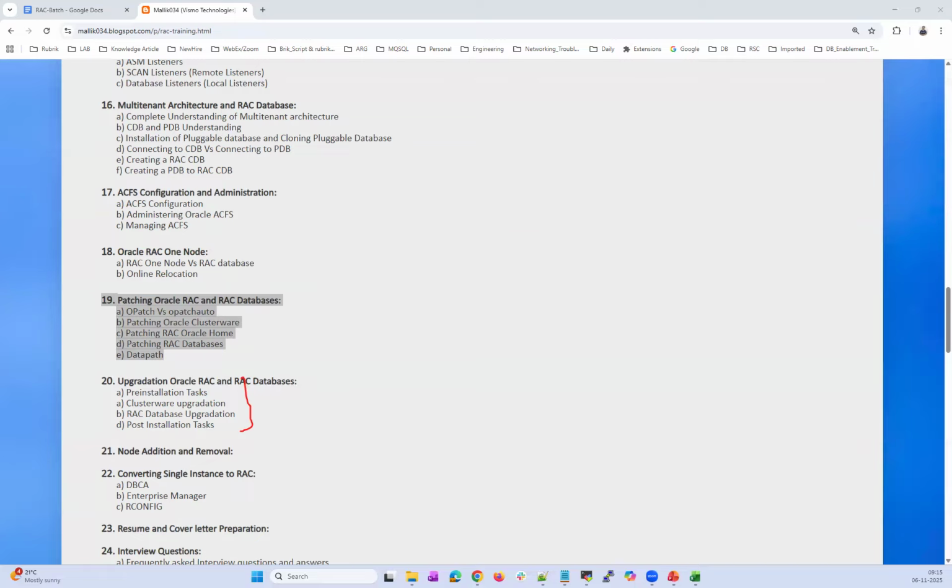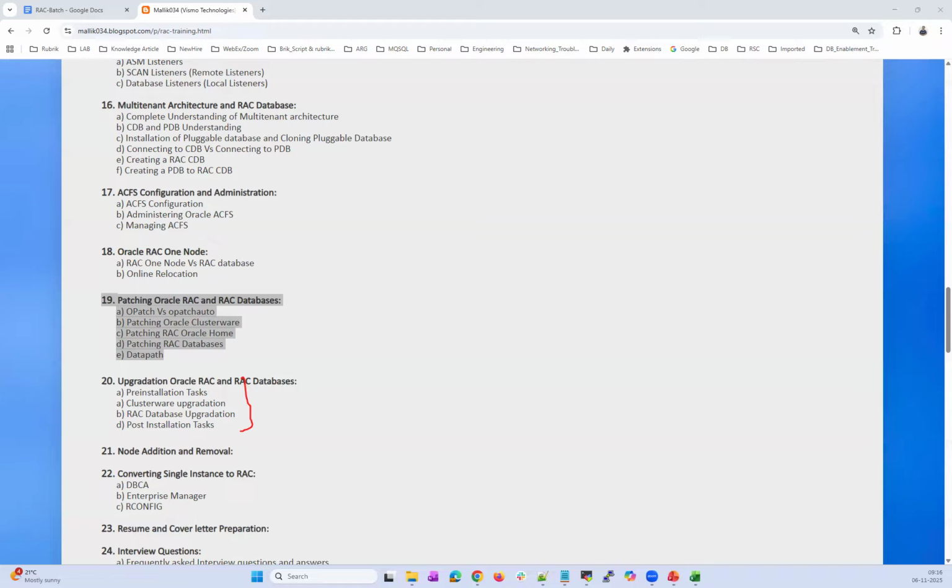But obviously, there are some factors why your upgrade is taking a longer time. There are a lot of invalid objects in your database. There are a lot of recyclable objects. Your registry components are invalid. Your SYS user database components are invalid. Maybe other major factors which will impact your upgrade timing.